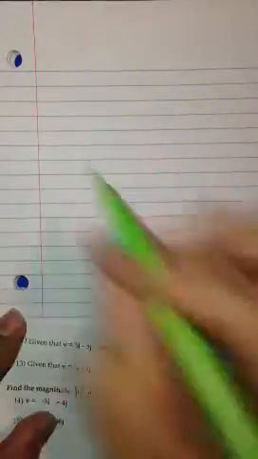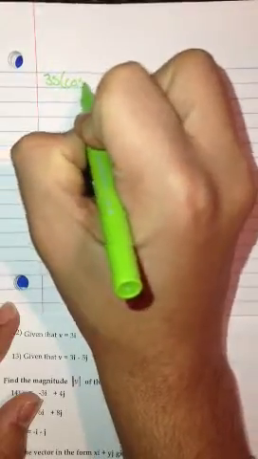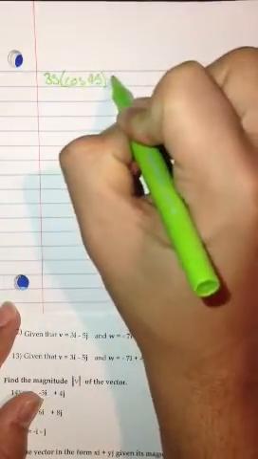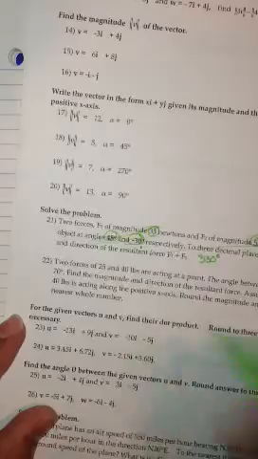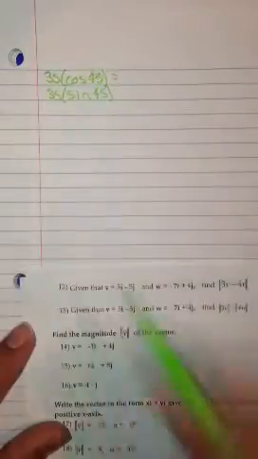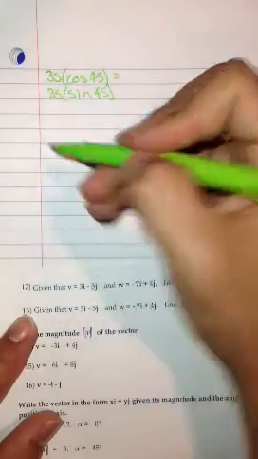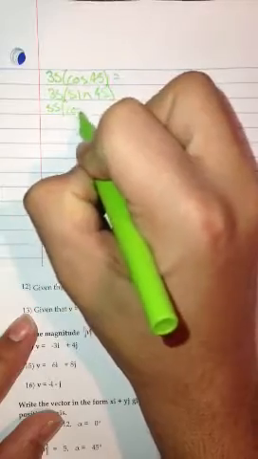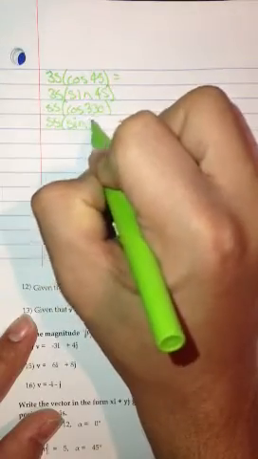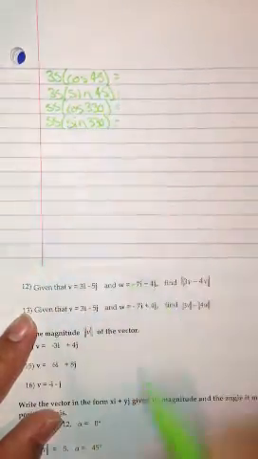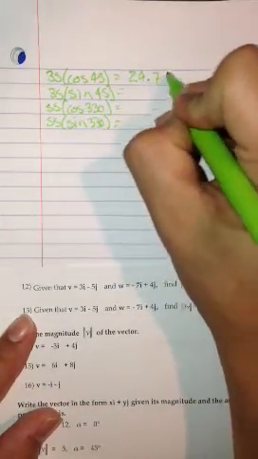So on paper, if you put it out, it's 35 cosine of 45 degrees and 35 sine of 45 degrees, because you're using that 35 with 45. And you do the same thing for the 55 and then 330 degrees. So 55 cosine of 330 degrees and 55 sine of 330 degrees, which equals. So these numbers come out to be 24.748,